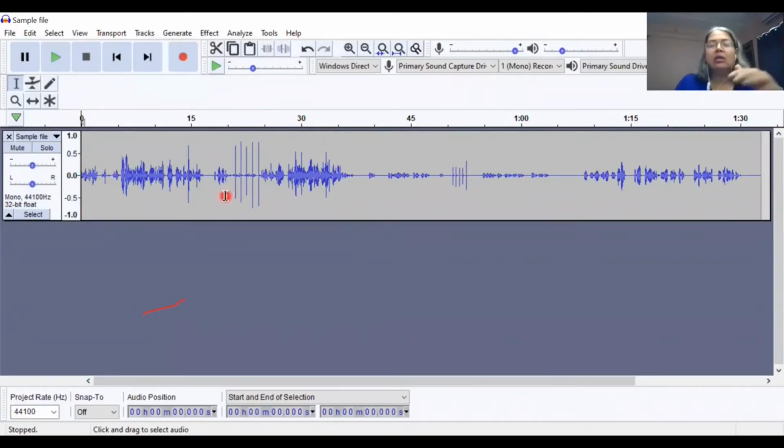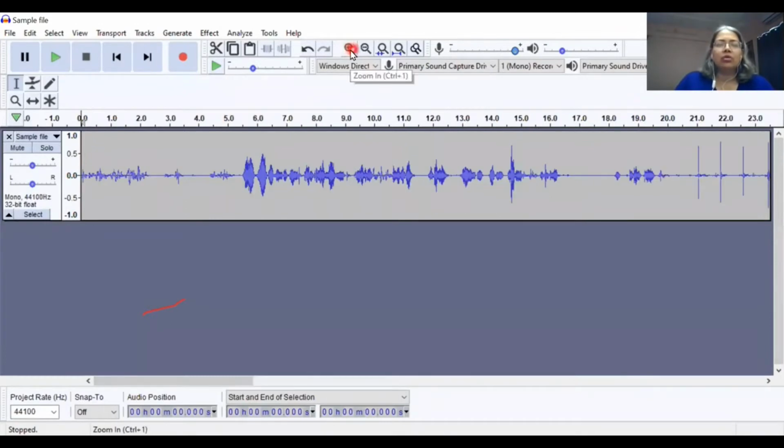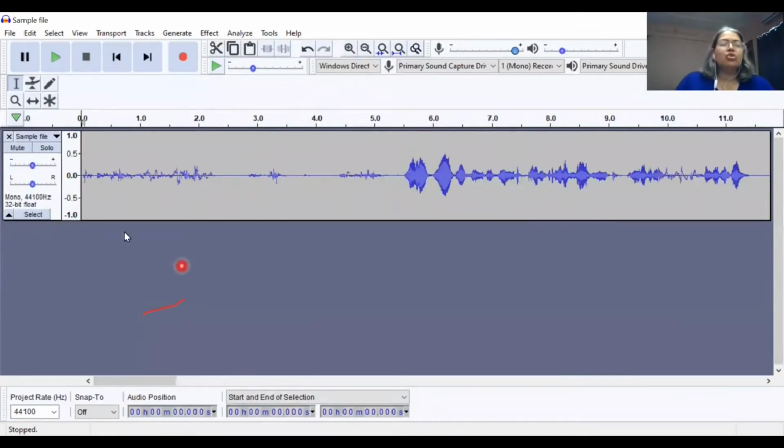Now I want to have a closer view. You know, there are so many hums and so many things. I want to magnify these things. I want to see whether they're just noises or some words which have been said softly. So there is a looking glass here. See, zoom in is what this one says. The one with the plus sign takes you closer. See, you can see the whole thing closer. Once more, you can see it more magnified. So it's like a magnifying glass to go closer.